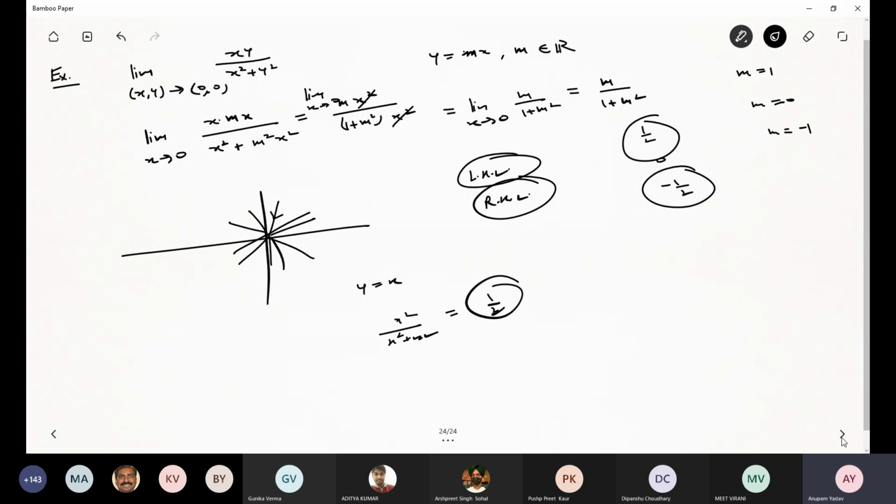So you should not write that 1 upon 2 is the limit of this particular function. Overall, the way we did this calculation, this LHL and RHL concept, the way we related it for multiple directions, this limit does not exist. So here we learn one more thing, that if we have to disprove the existence of the limit,